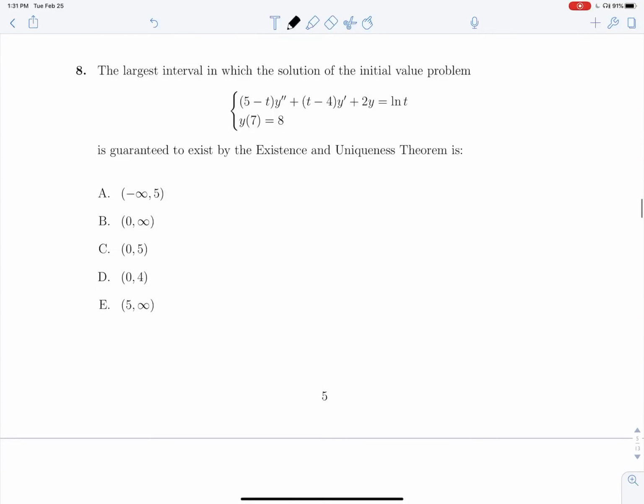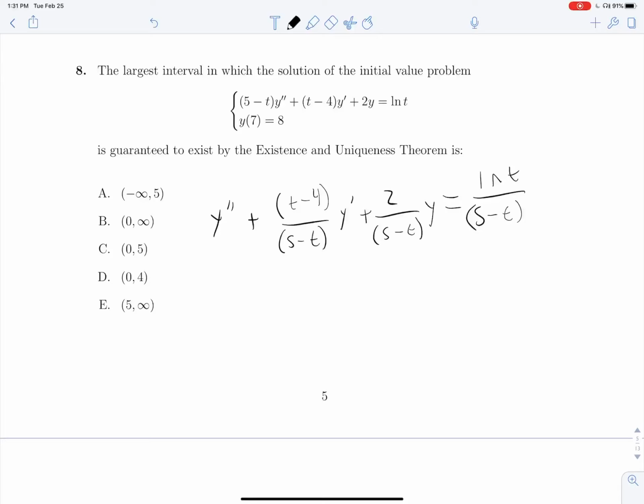Question 8, the largest interval in which the solution to this initial value problem is guaranteed to exist by the existence and uniqueness theorem is what? Immediately, whenever we see something like this, it doesn't matter whether it's first order or second order, we have to make sure that our highest order derivative is by itself. So rearranging: y double prime plus (t minus 4) over (5 minus t) y prime plus 2 over (5 minus t) y is equal to ln t over